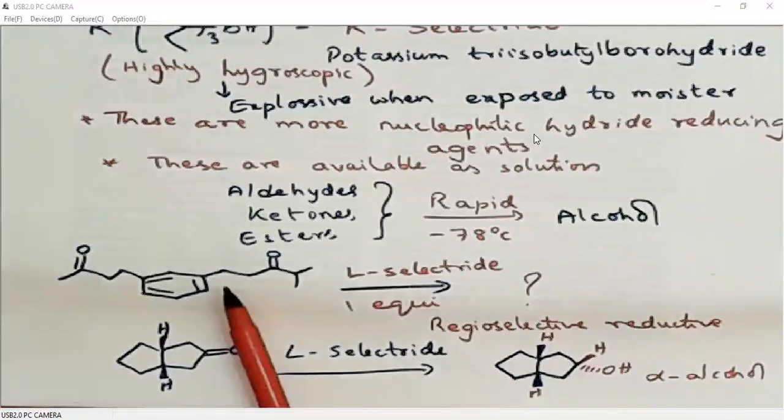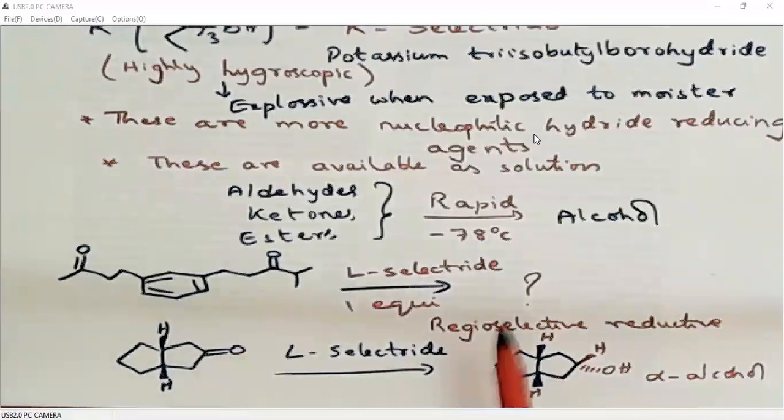We do expect the same products when we use either sodium borohydride, lithium borohydride, or zinc borohydride. But why should we use selectrides for this reaction? Selectrides are very costly compared to sodium borohydride, right? A simple reason is sodium borohydride is not that selective. That means it will give both a major product and a minor product. In this case, the major product may be 80% when we use sodium borohydride. But when we use L-selectride, the selectivity improves to such an extent that the major product will be more than 99%.